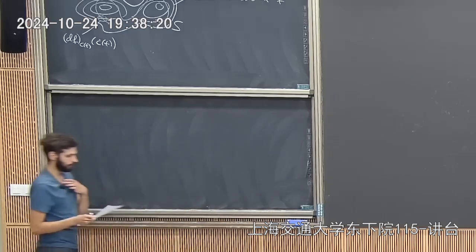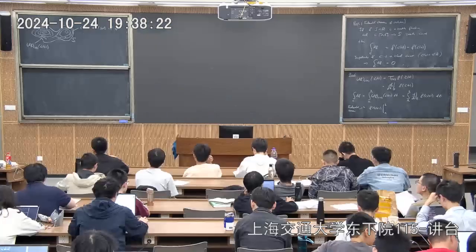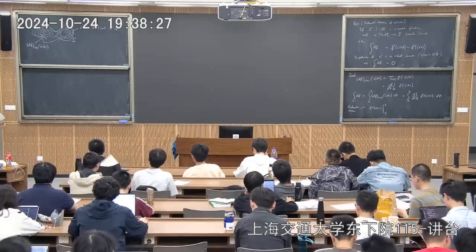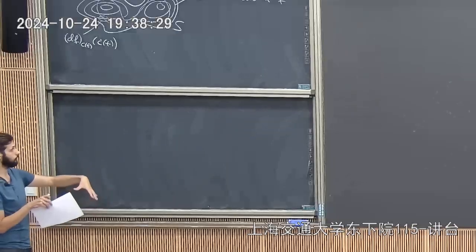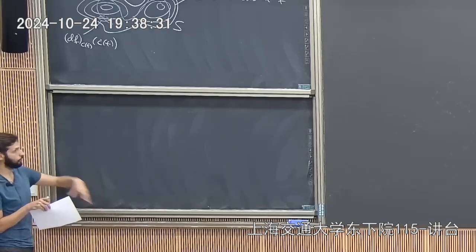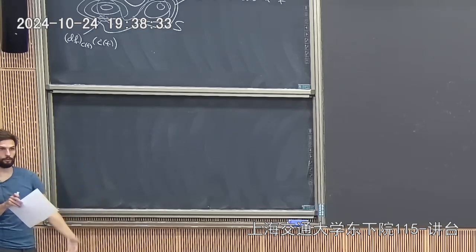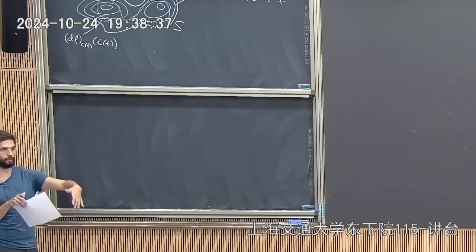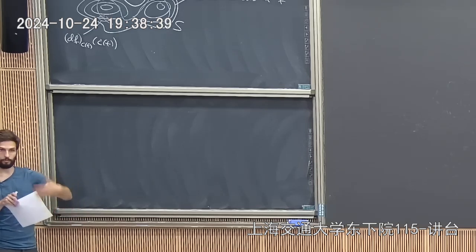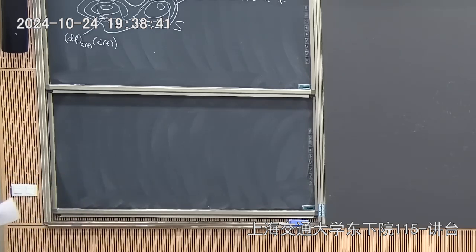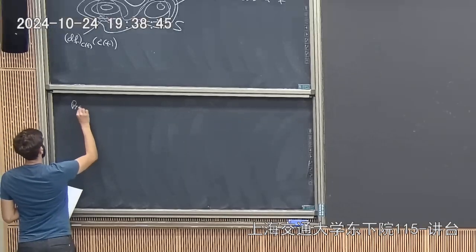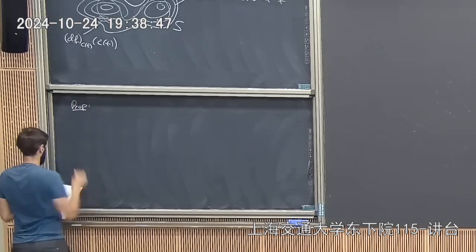So what happens is that sometimes you want to know what happens if you reparameterize your curve. At the beginning of the semester, we talked about curves, and the first element that we did was, okay, we can always reparameterize our curve to have unit speed, for example. That was if the curve is regular. So it's often helpful to know what happens if you